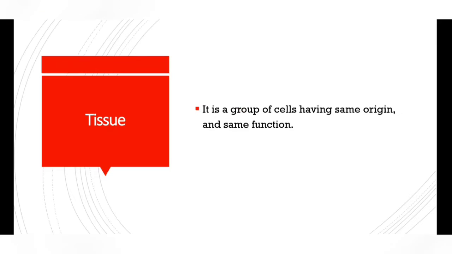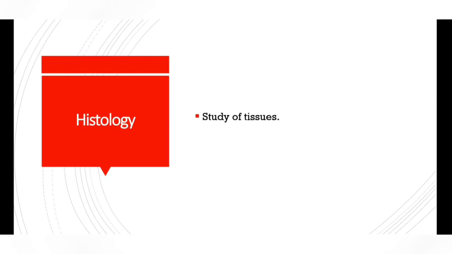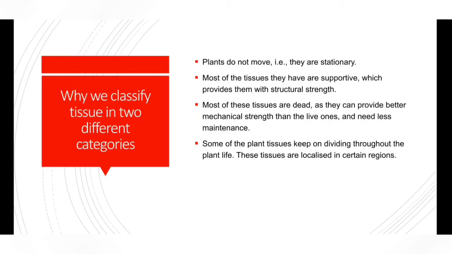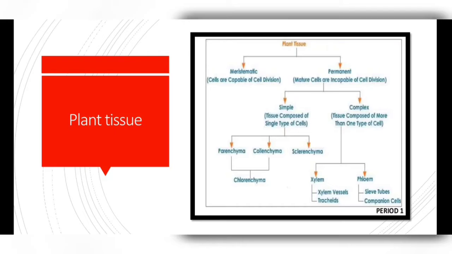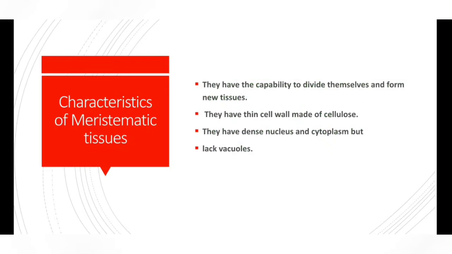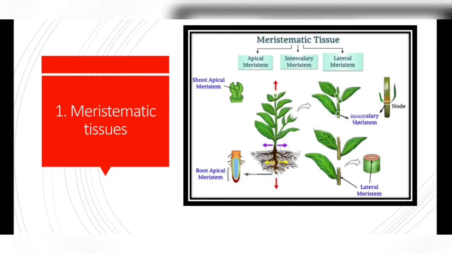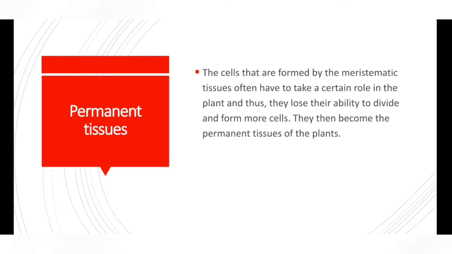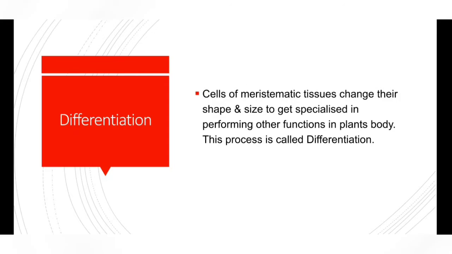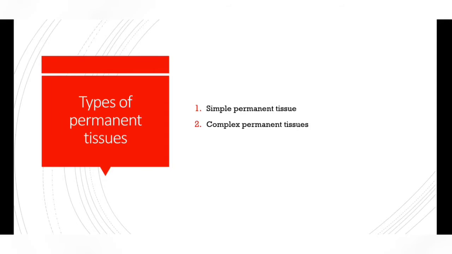In the previous two parts, we have learned about the tissues and the different kinds of tissue and why we classify them differently. Then we learned about the meristematic and the permanent tissue, meristematic tissues' characteristics, and the three different kinds of meristematic tissue based upon the location, that is apical, intercalary and lateral meristem. And in the permanent tissue, we also learned that by the process of differentiation, the meristematic tissue becomes permanent and specific in its functions.